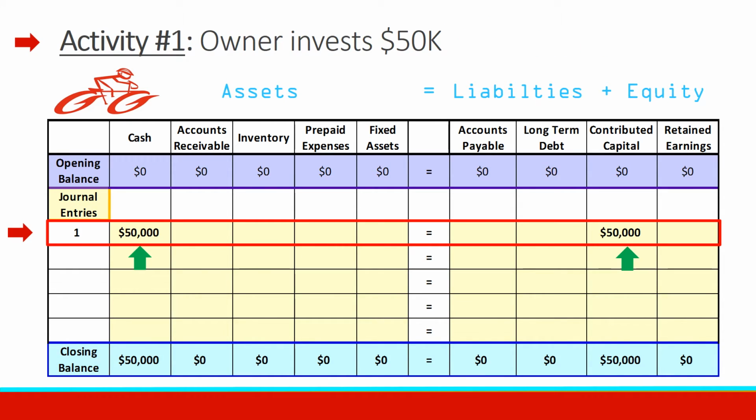The business is now going to undertake its first activity. The owner is going to invest $50,000. What you can see written at the top is $50K, which is a shorthand way of saying $50,000. We will deem this first activity as creating a journal entry, which is a change in the economic value